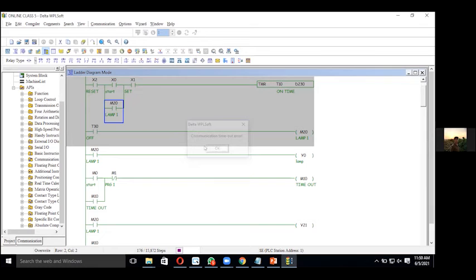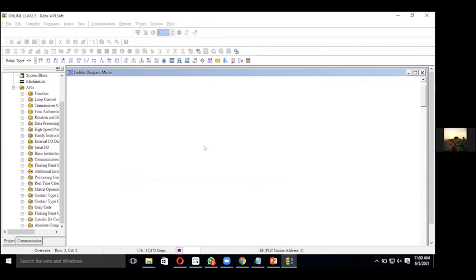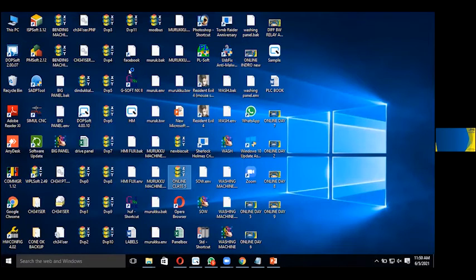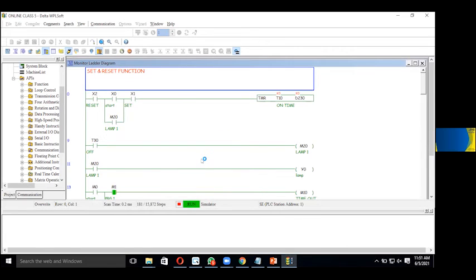Then I go to simulation mode. So I just monitor the program now.